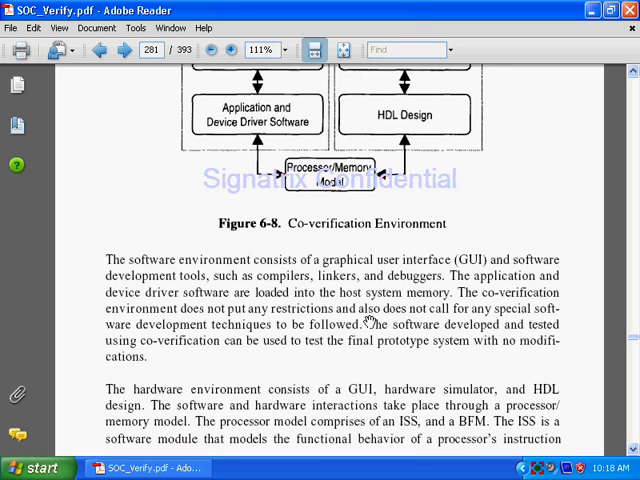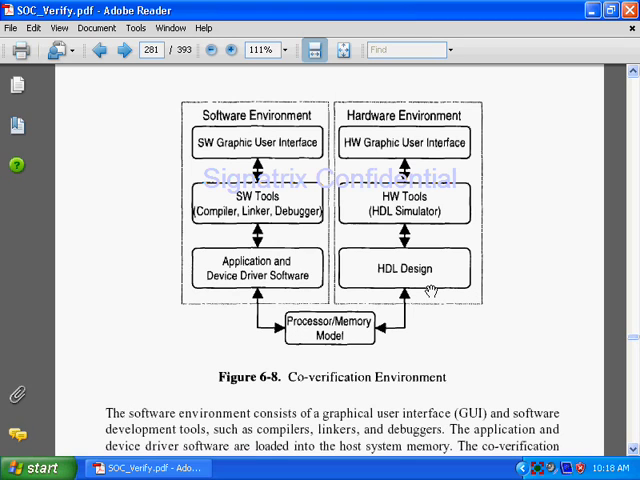So you see, the software environment consists of a graphical user interface and software development tools such as compilers, linkers and debuggers. So this is a GUI interface. Like in ModelSim you have seen a hardware graphical user interface. Similarly, in the software environment they will create a GUI interface with the help of TCL or TK like scripting commands. Okay. After that software tools are there that will compile, link and debug. So if it is Linux, then